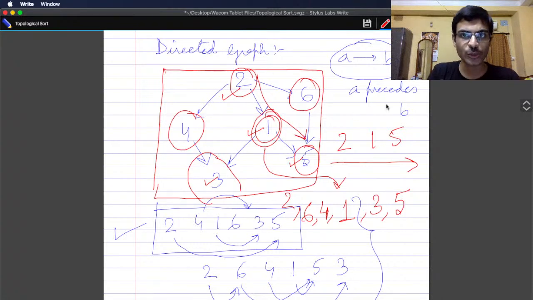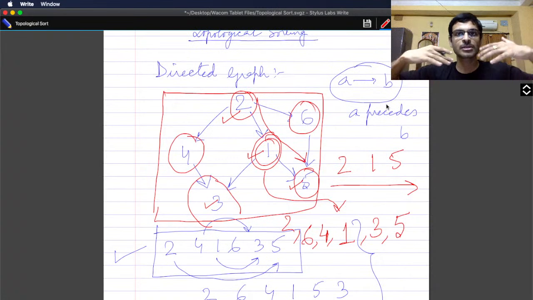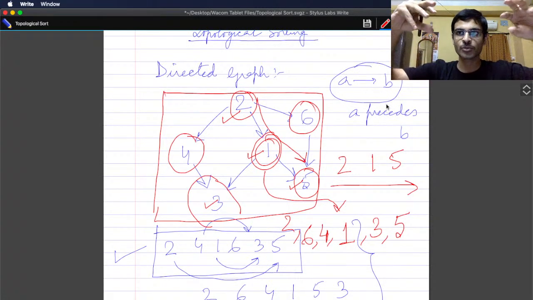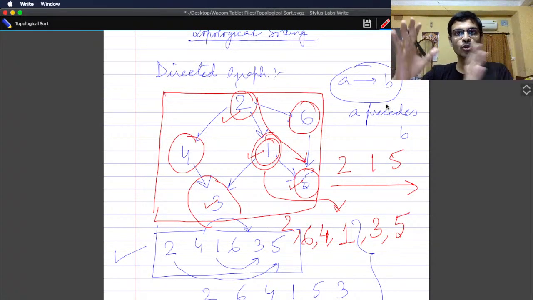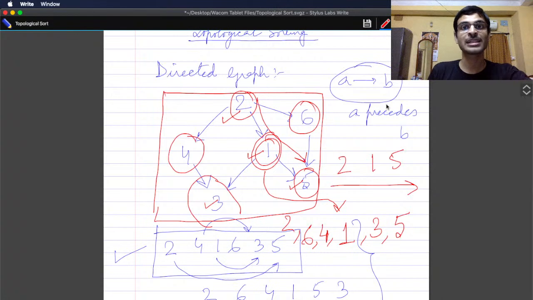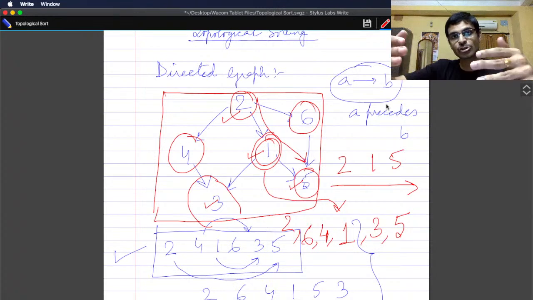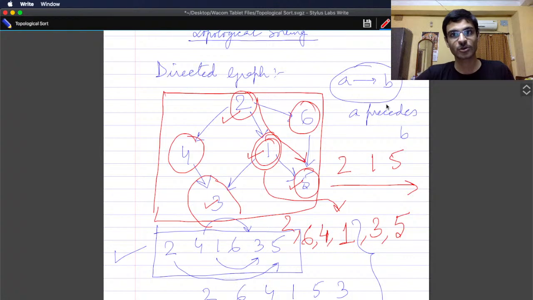ये आइडिया तो इंट्यूटिव लग रहा है कि मैं क्या बोल रहा हूँ कि बच्चों की तरफ जाओ, जब देखोगे कि तुम एकदम डेड एंड पर हो, कुछ नहीं है, तो उसको मार्क कर दो एज अ लास्ट एलिमेंट, फिर पीछे आते रहो। जब तुम पीछे आओगे तब तुम देखोगे तुम्हारे सामने जो है वो तुमने ले लिया है, तो इसको तुम डिनोट करोगे एज द सेकंड लास्ट एलिमेंट or third last element, like this. As you come backwards, you will say that you have to keep that in the list backwards. Okay? तो लास्ट में जब आप रूट तक पहुंचोगे तब कह पाओगे कि हाँ, दिस कैन बी प्लेस्ड एट द बिगिनिंग।